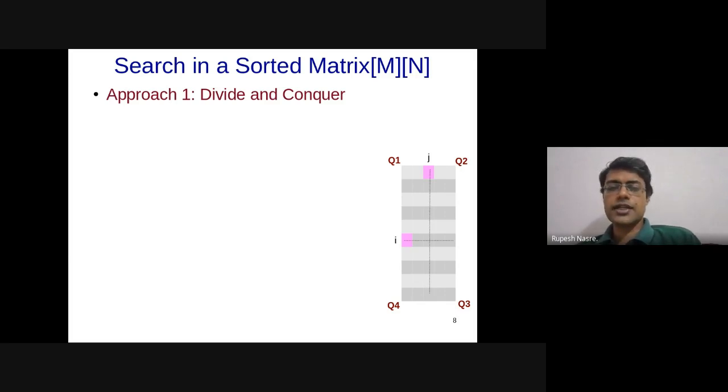Essentially what we are doing is called divide and conquer, which is a way in which the different algorithms get specified. So if it is less than I0, the element I0, that is ith row and 0th column, and also less than 0j, that is the 0th row, jth column, those pink boxes that I have highlighted. If the value is within these, then it is guaranteed that it is going to be in Q1. Is this correct? You guys agree with me?